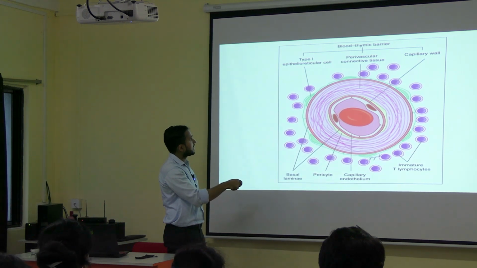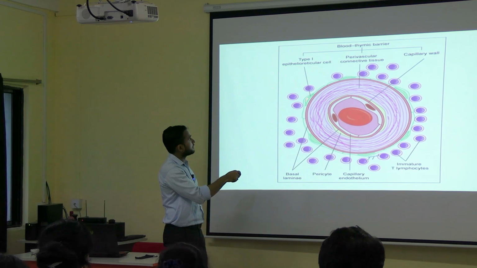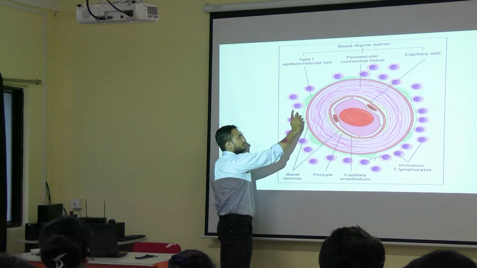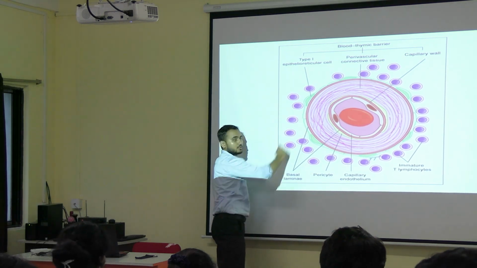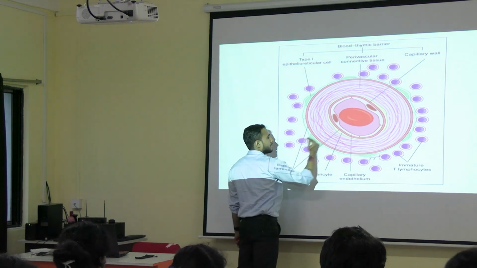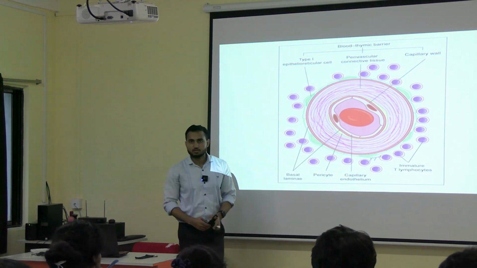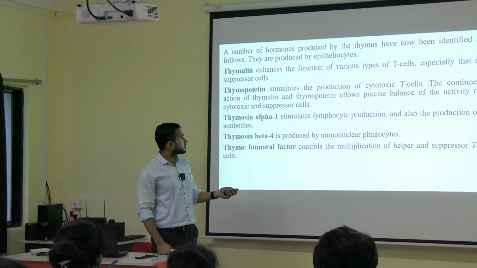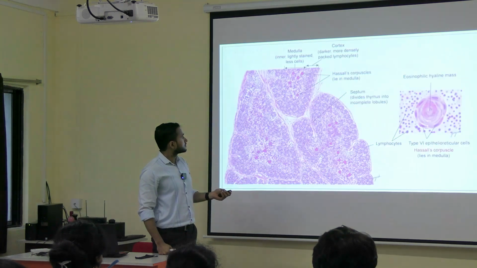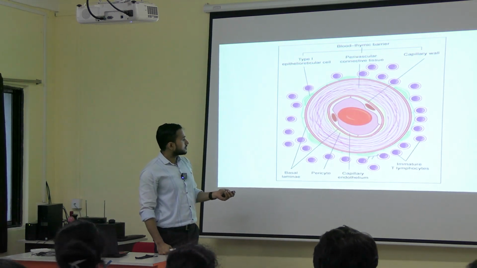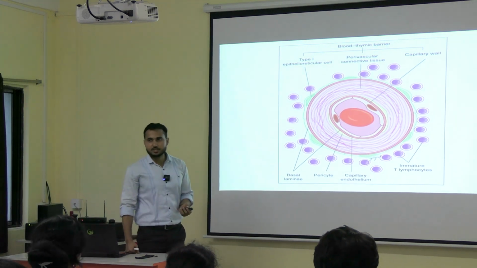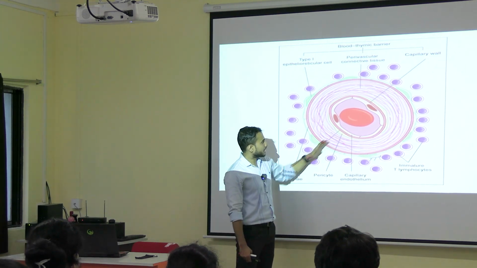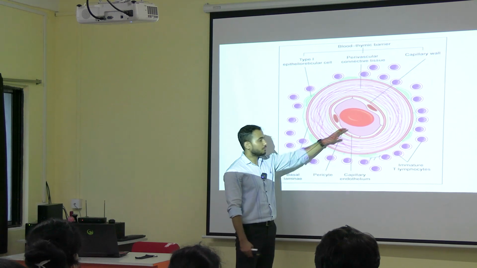Now this basal lamina is mainly for this type 1 epithelio-reticular cell. Okay, so this is the type 1 epithelio-reticular cell, and this is the basal lamina of this one. Okay, so like this you are getting the blood thymic barrier. Okay, another simple diagram is there, but it's okay, you can understand. So this is the outermost layer, this is the innermost layer, in which these are the layers which are forming the blood thymic barrier.